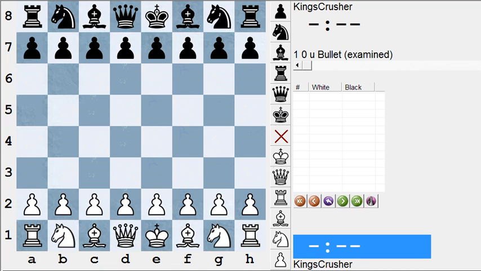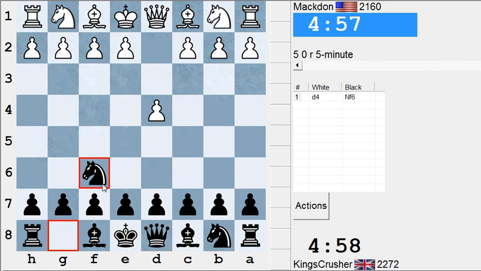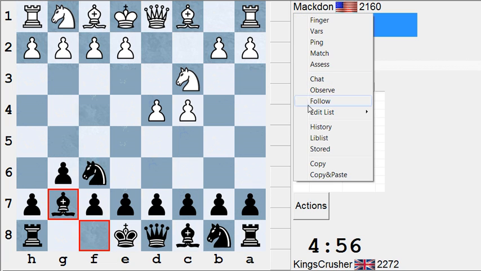Okay, let's go on the 5-minute auto pairing. So Mackdon 2160. I think maybe try King's Engine. Is he going to play E4? D6? Thinking about it. Has he been doing...